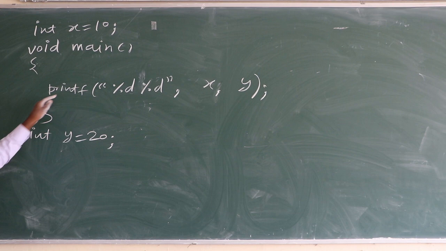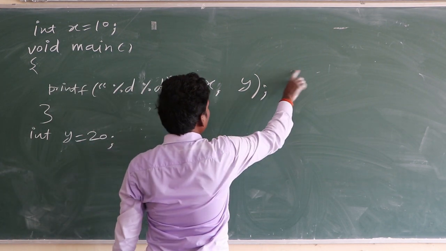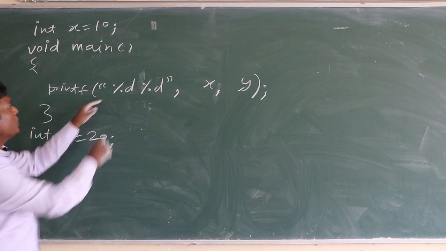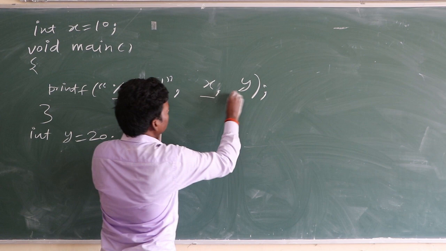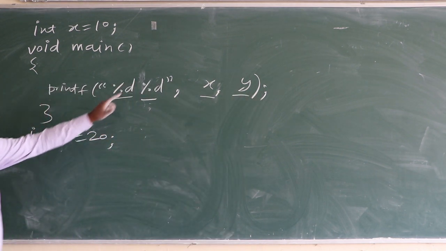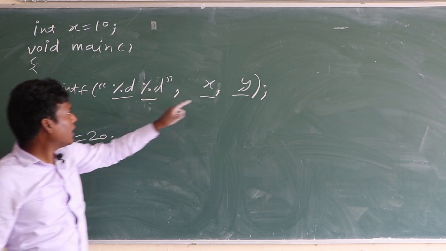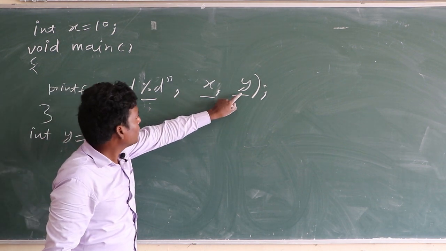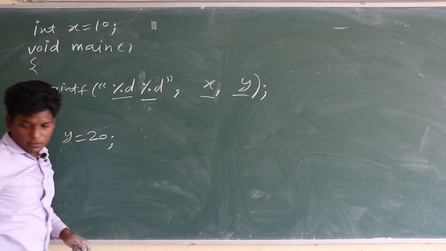So when you print %d x comma y, there will be an error. This %d prints x, this %d prints y. The x value is 10, so 10 will be printed here, and the y value is 20, so 20 will be printed here, but there is an error because you are